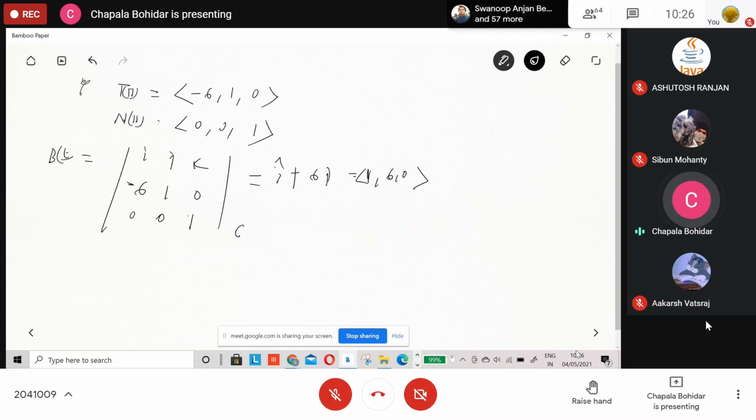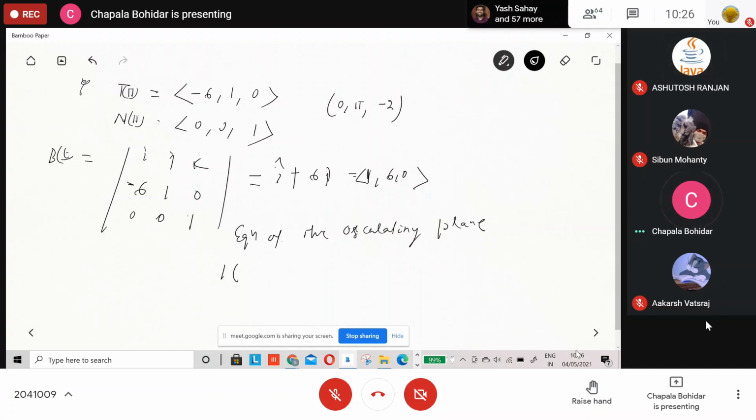So now the equation of the osculating plane. That is 1 into, then what is your point? First one is, I think, 0, pi, then -2. Okay. So it is 1 into x minus 0, plus 6 into y minus pi, plus 0 into z plus 2